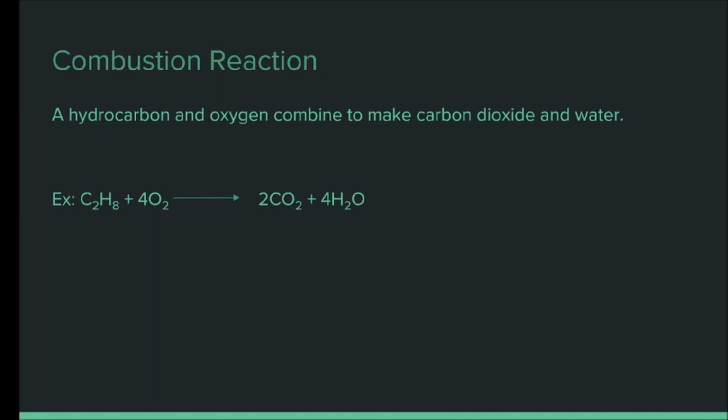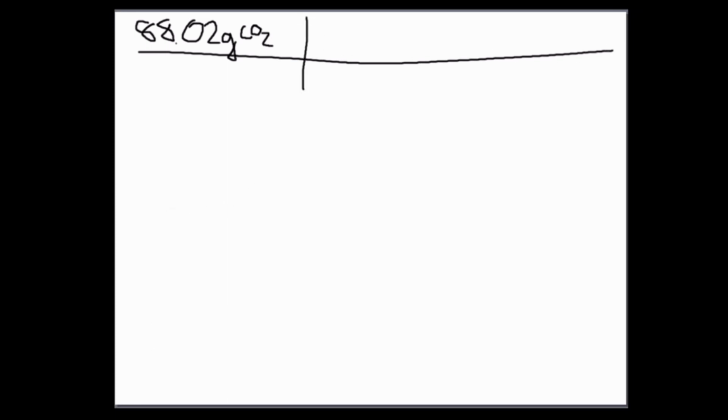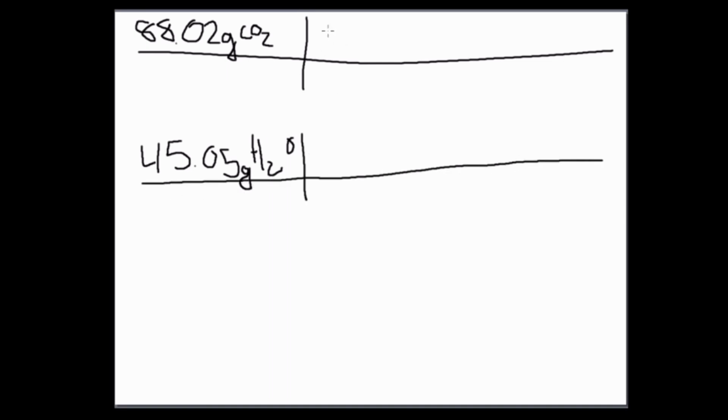So let's start with an example. You are given that 88.02 grams of carbon dioxide were produced, so 88.02 grams of CO2. You were also given that 45.05 grams of water were produced, so 45.05 grams of water. Now, using the same dimensional analysis, this is going to be moles on top